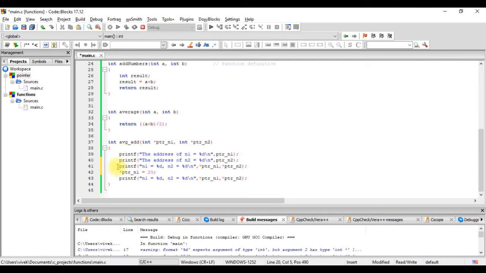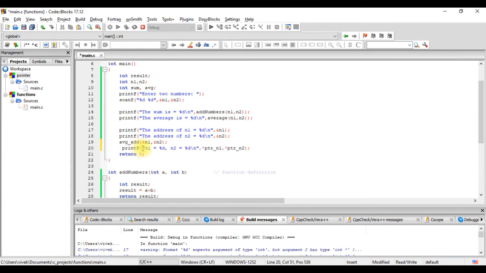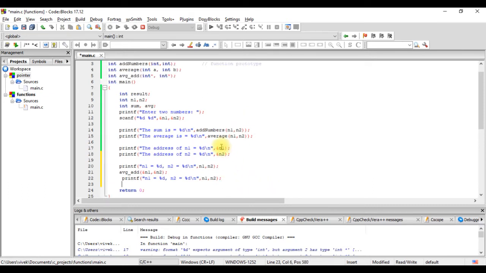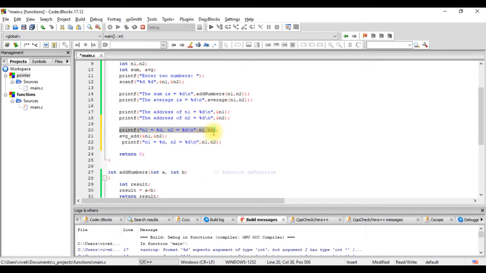We'll print n1 and n2 here. This is n1 and we have n2, and the same value we'll see before calling the function. So what we are doing, we are printing the values of n1 and n2.